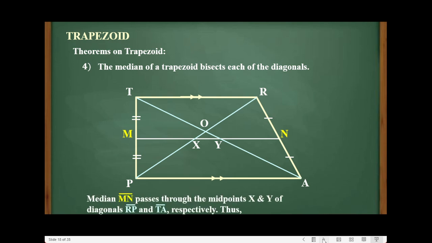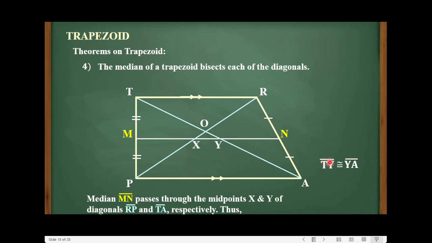So, the median segment MN passes through the midpoints X and Y of diagonals segment RP and segment TA respectively. Therefore,